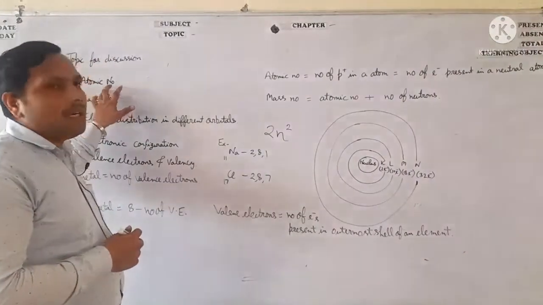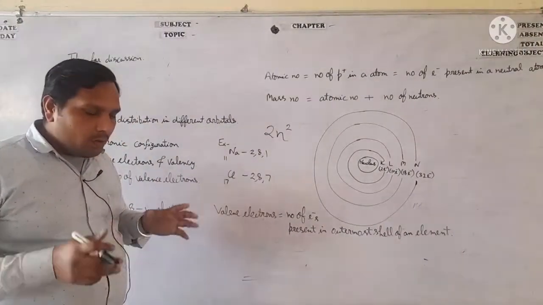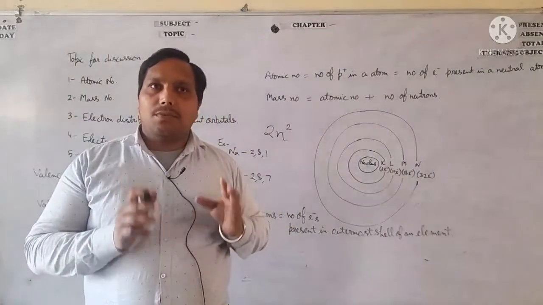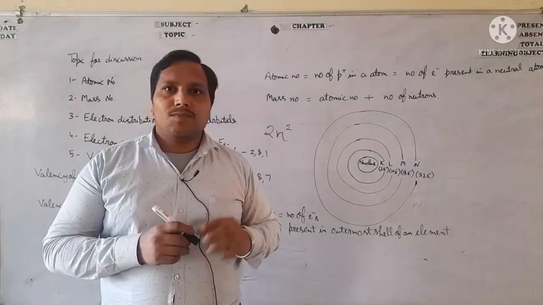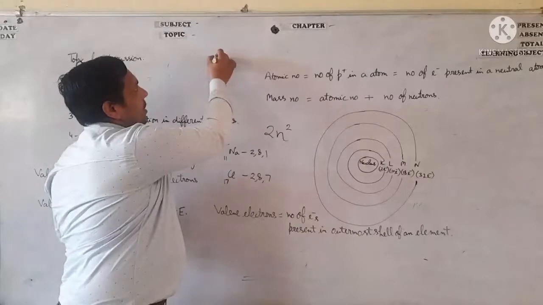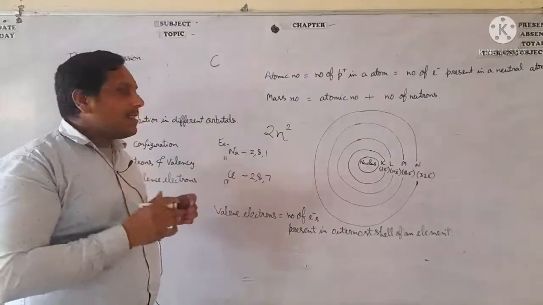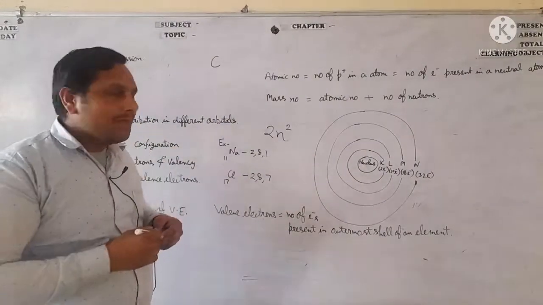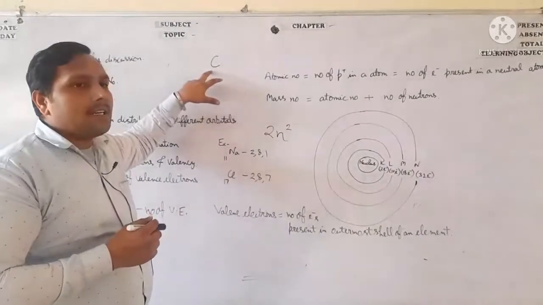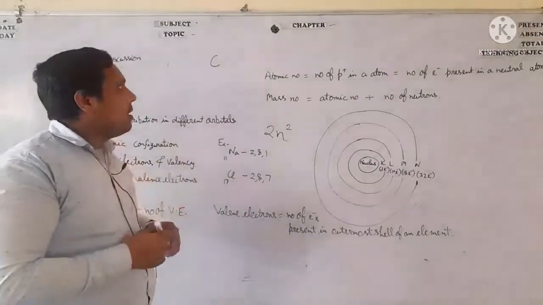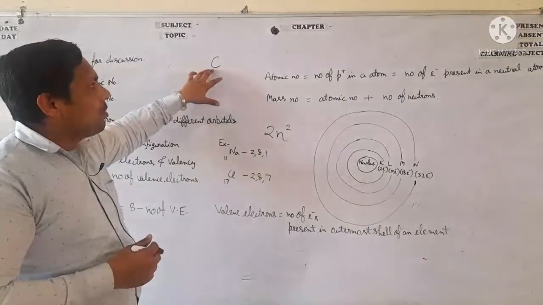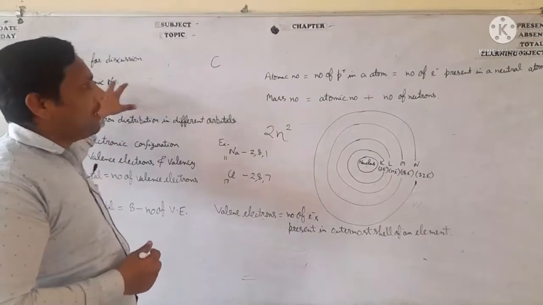Dear students, if we discuss the atomic number, then if you want to find any element in a periodic table, firstly you should know about the elements. If you know a symbol like C, C is a letter of the English alphabet, but in chemistry C represents carbon. It represents the atomic number and mass number. We are discussing atomic number first. So the atomic number of carbon is 6.